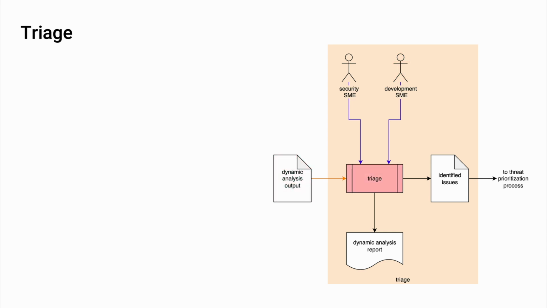The issues found to be valid are placed into an identified issues list, which is then sent to the threat prioritization process, and a dynamic analysis report is generated. Some may consider having to put each issue through the threat prioritization process as excessive for issues which typically result from execution termination. Depending on how the organization implements their processes, it's possible that issues may be entered directly into